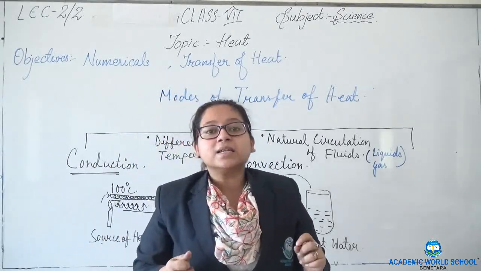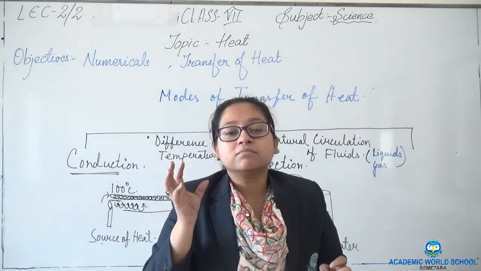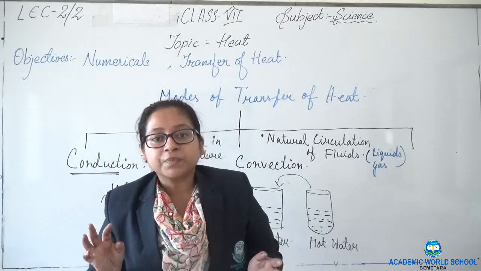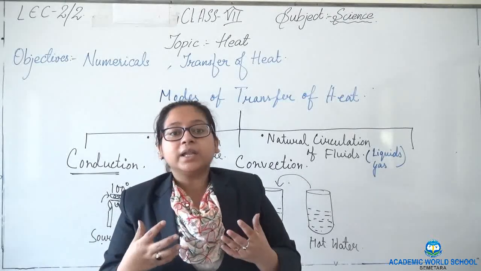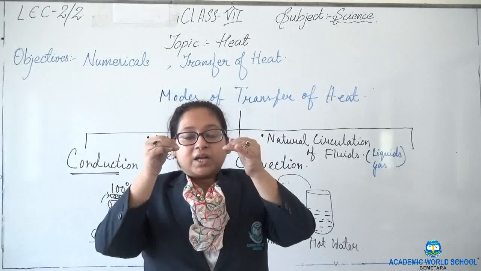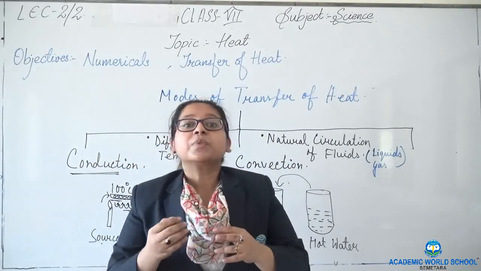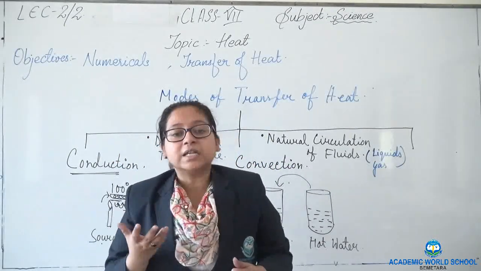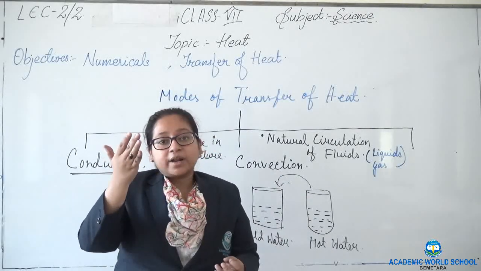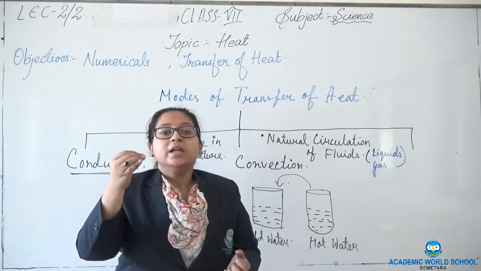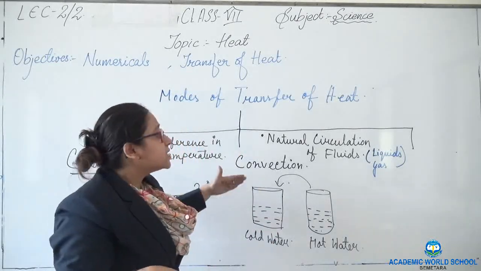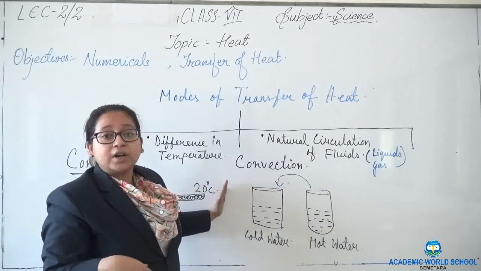All of you can see this. Today only you can take some water in a vessel and put it for boiling. You will see that gradually water from the bottom will go up and the water from the top will go down. Why? Because when it is heated, it gets lighter and it rises up. The water at the top, being colder, is heavier in weight, it goes down. This is the principle of convection.